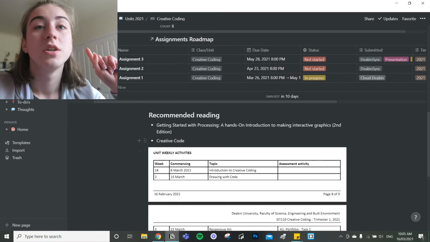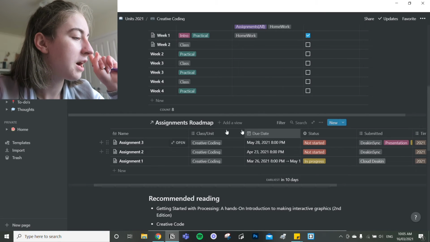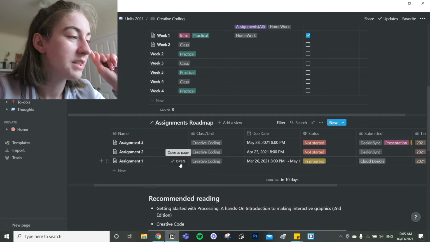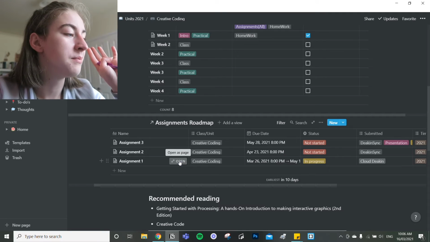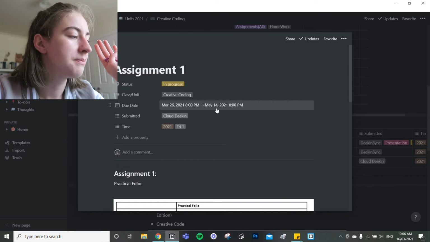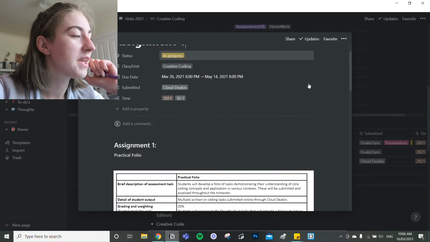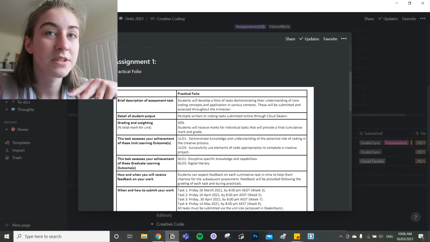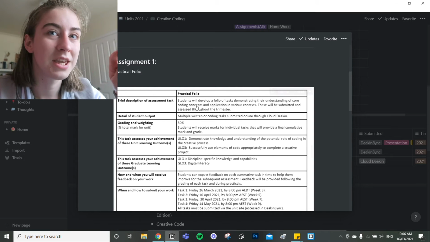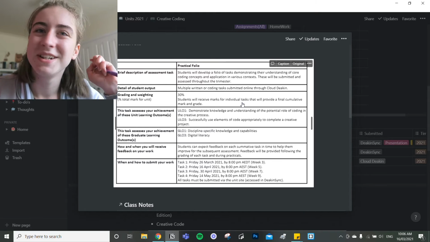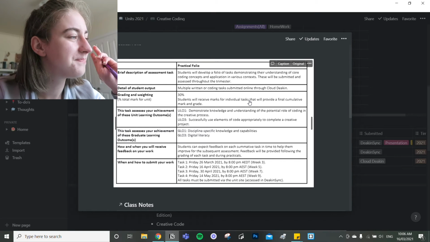So then if we come into assignment 1 for this unit, there's a whole other page. You can see all the tags there, but if we come down, we have the assignment and the description that is given to us in our documents on our online hub, I guess, the units hub.